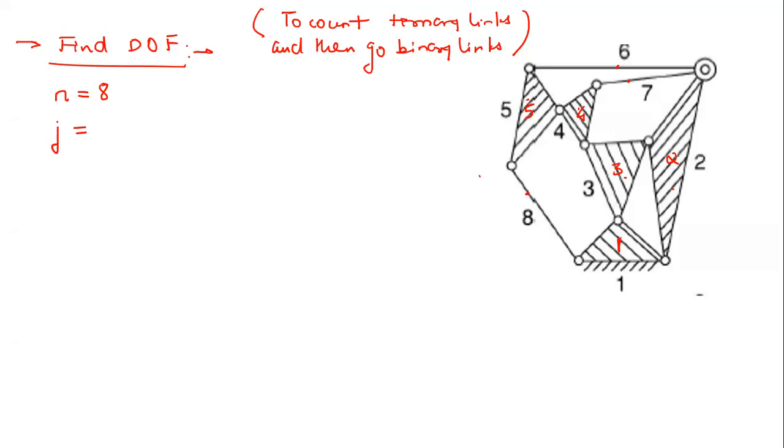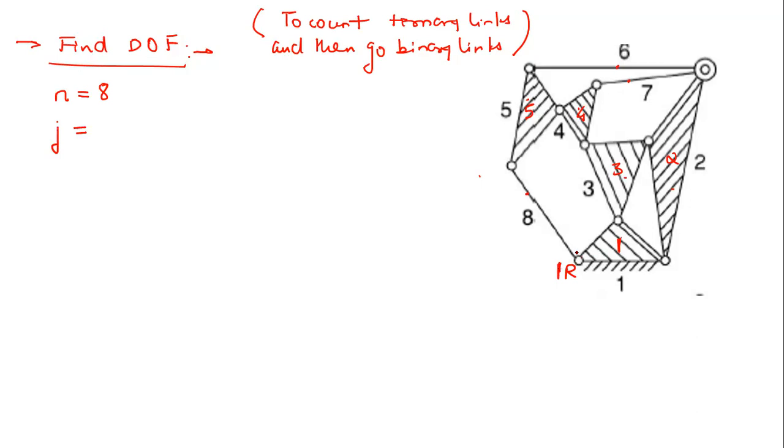Now, what is the total number of kinematic pairs here? Let us calculate it. So J is equal to, and this is a very important thing, you have to be very careful, because even an expert like me, who has taught this subject many times, still commits this mistake. While counting the number of kinematic pairs, you should be very careful. Let me tell you how to do this. When you start counting kinematic pairs, just mention them like this: 1R, 1R, 1R, where R is the revolute pair, or simple kinematic pairs.